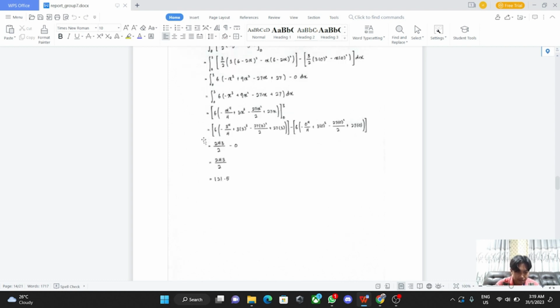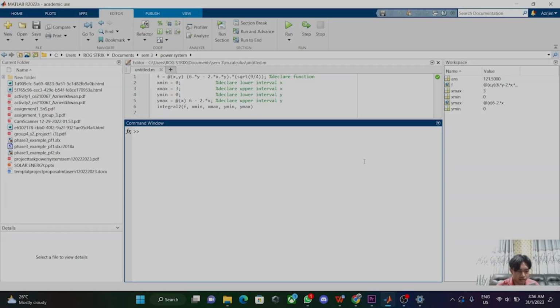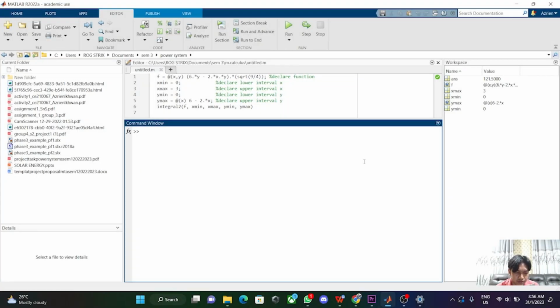Lastly, we need to solve the integral from 0 to 3 like this, and we got 243 over 2, and lastly we got 121.5. Now I'm going to show the MATLAB